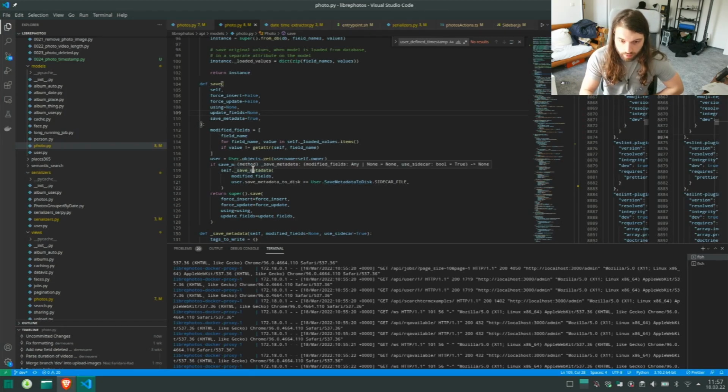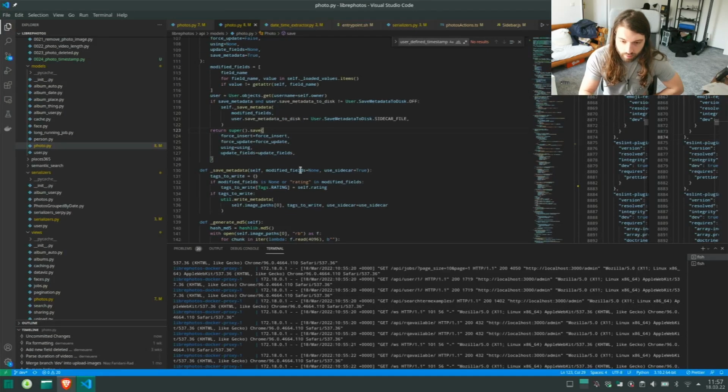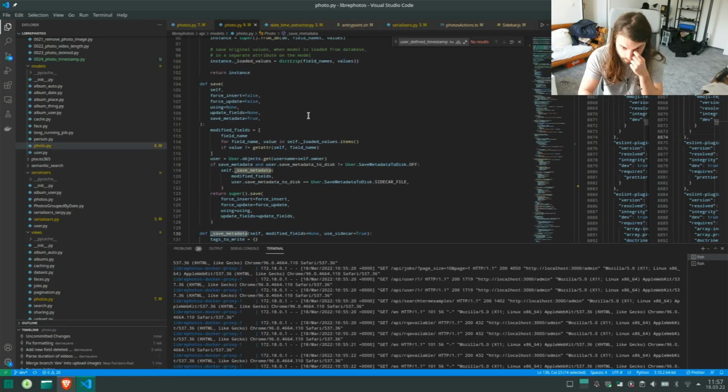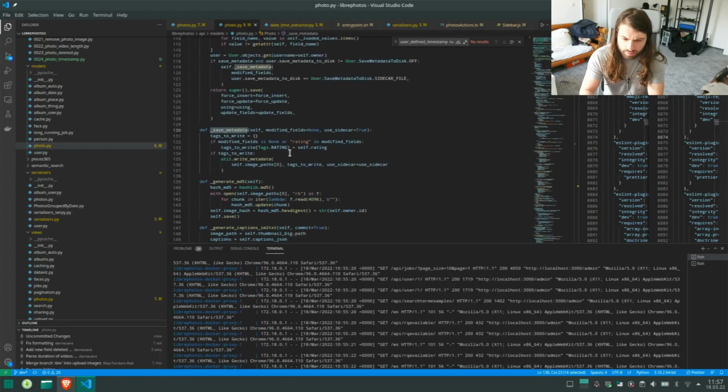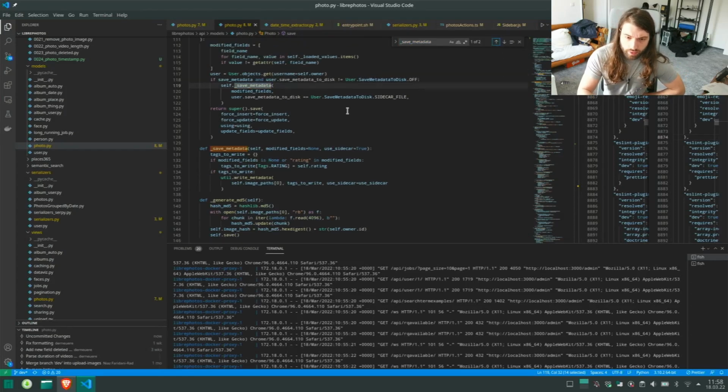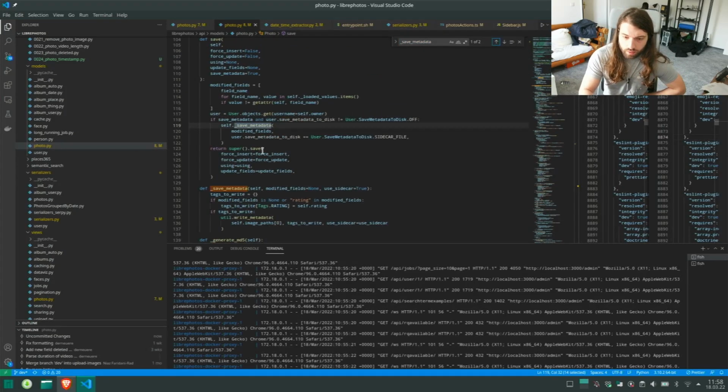So we have here our modified fields thing. Here: save metadata, if modified field is none or rating, in modified fields, write text rating equals self.rating, and then we use this function. And when do we use this? Probably every time we save, right? Alright, so every time we save we go in here